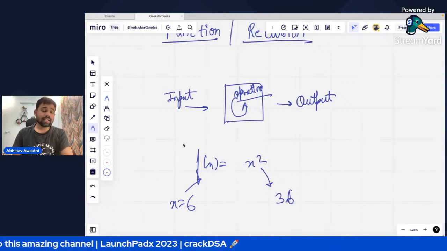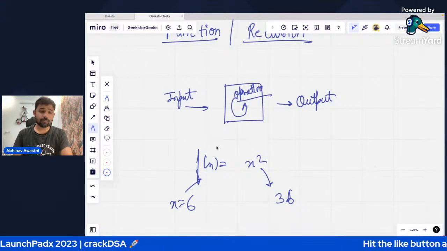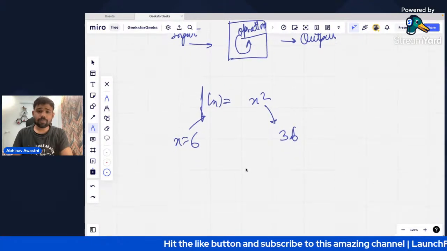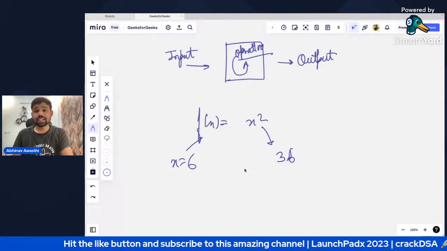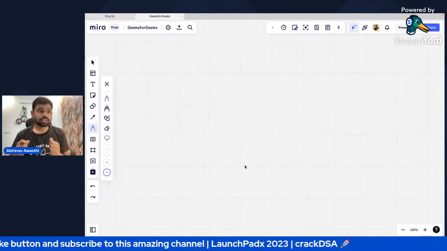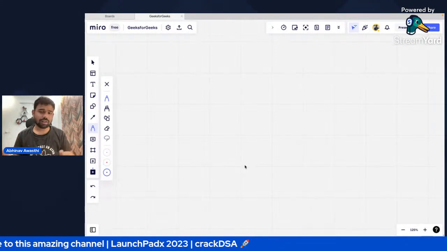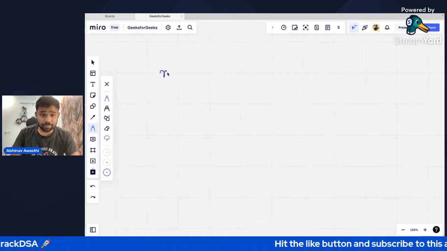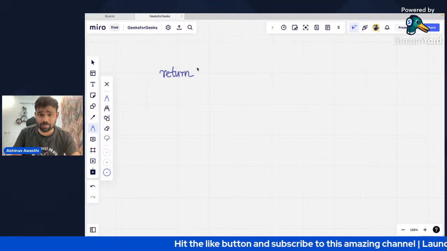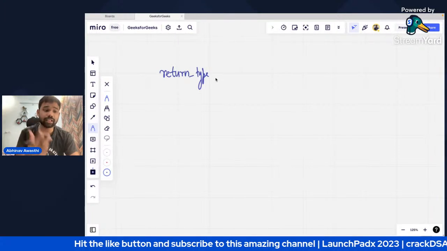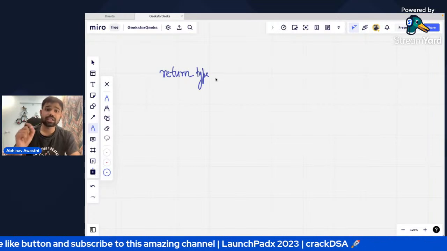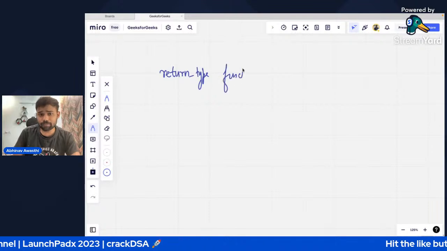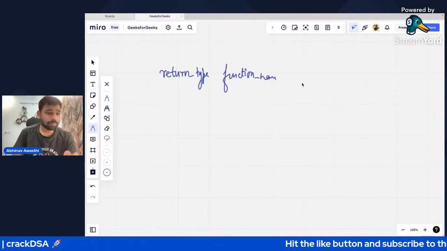Okay, great. Now, the very next part that we have to focus on is how we write a function in our coding. I'm not talking about Python, I will talk about C++ and Java. First of all, what is required very much for a function is its return type. What is a return type? Return type means what type of data the function is returning. That is what the return type of a function is. Then we have the function name, which is obviously the name of the function.